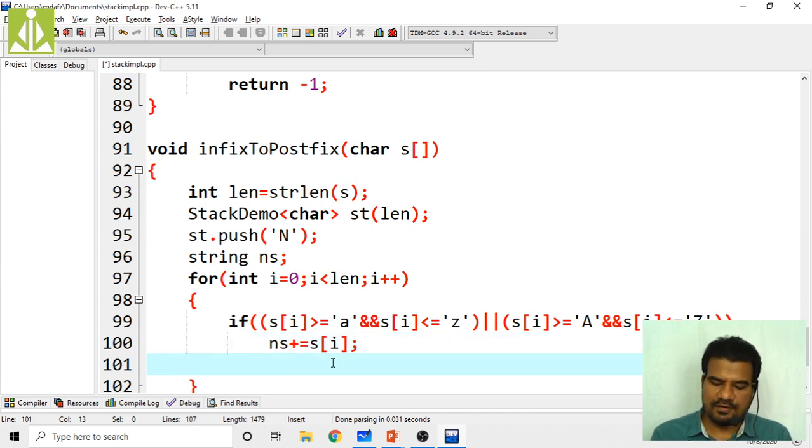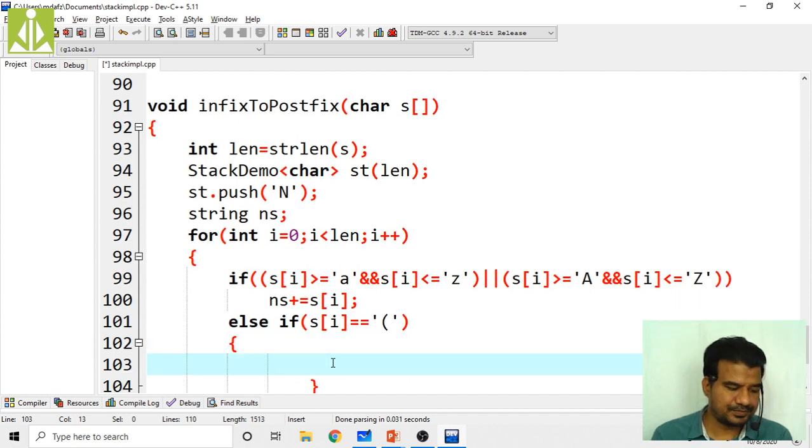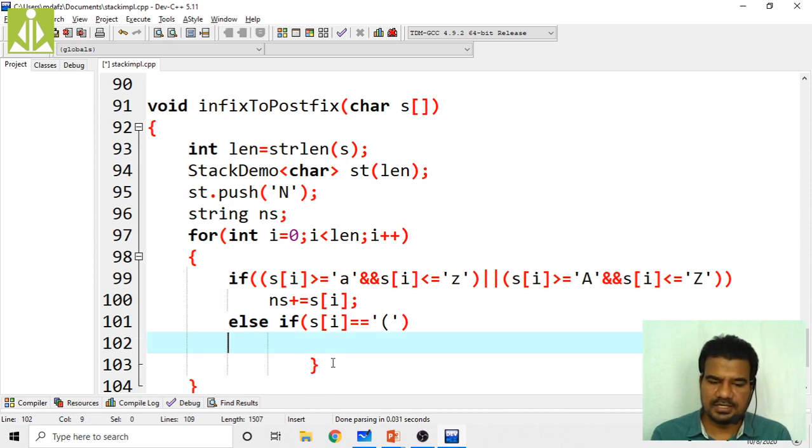Else if it is not an operand and it is an opening bracket, else if s of i is an opening bracket, then we push it to the stack only.